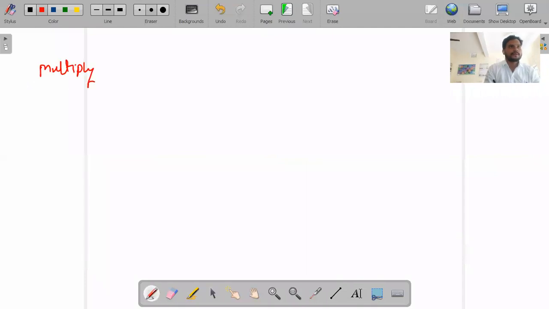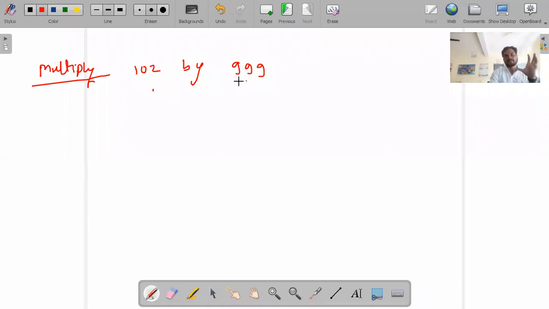Multiply 102 by 999. Now how to do? Now base for 102 is 100, base for 999 is 1000. Multiply 102 by, if I multiply it by 10, what happens? 1020 will be there. But you should try to bring both the numbers either below the base or above the base.